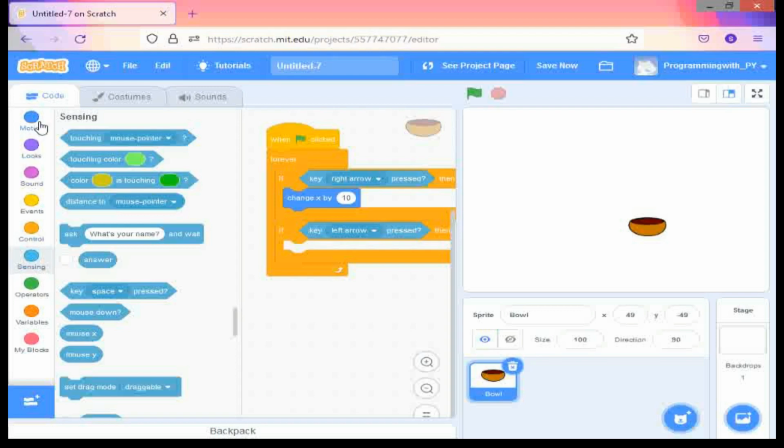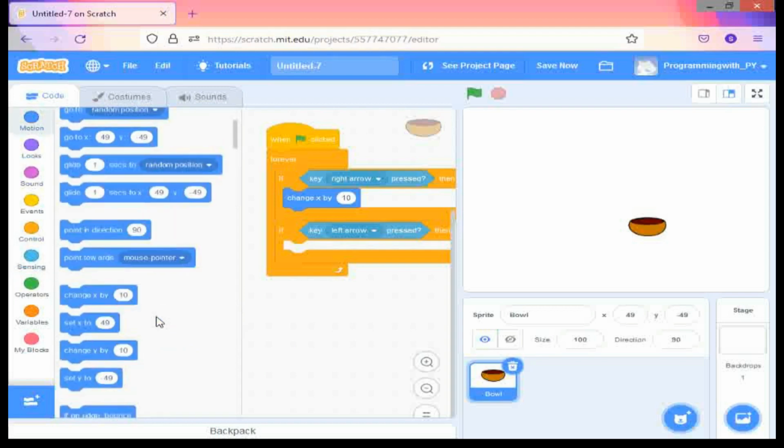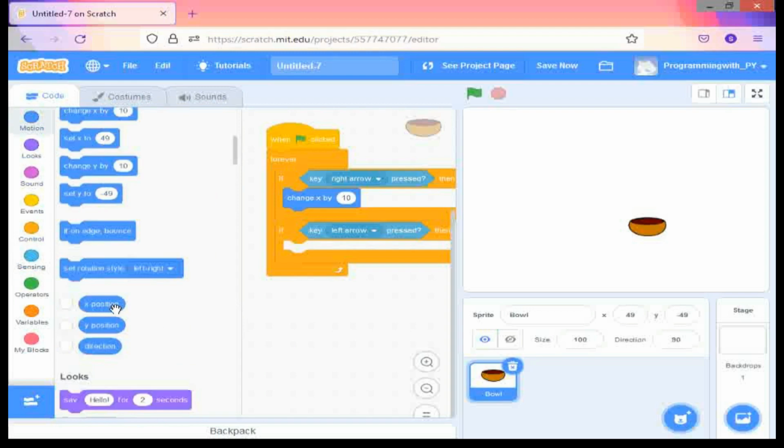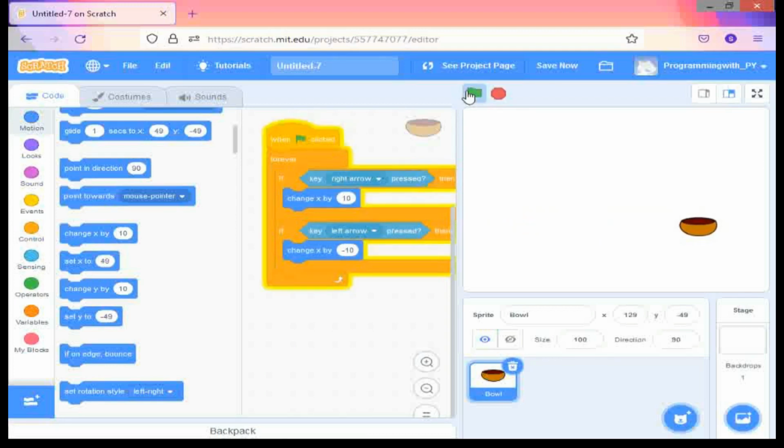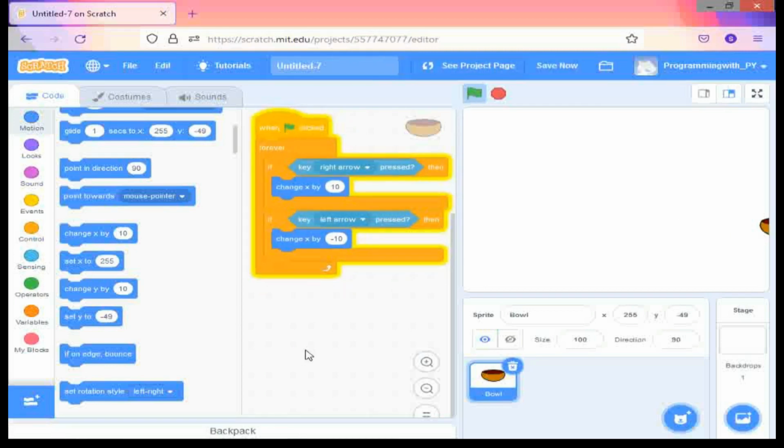Now go to motion and select this, scroll down and select change x by 10 and change 10 into -10. Now see, run the program. See, when you are clicking left arrow key, this ball is moving left, and when you are clicking on right arrow key, ball is moving right. So the work that we have to do with ball is completed.